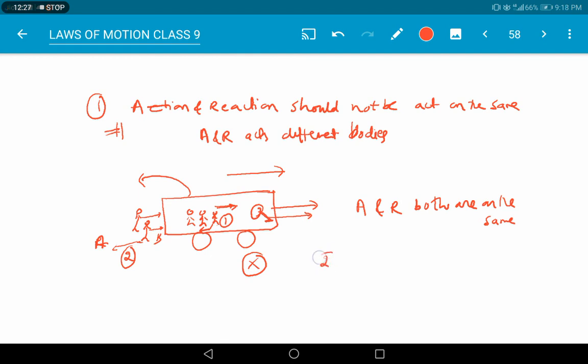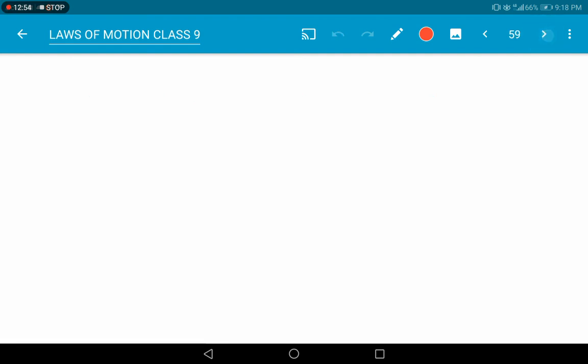In the same way, the magnitude of action is equal and opposite to reaction. So these are some rules. If you take the ratio of the action and reaction pair, it is always 1:1. Here is one more example we will discuss, the famous example for Newton's third law of motion, that is the motion of a rocket. The motion of a rocket is the best example for Newton's third law of motion.